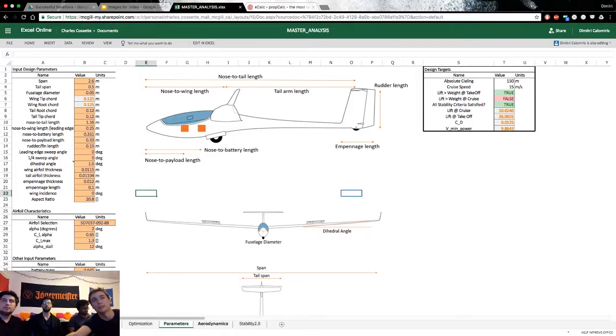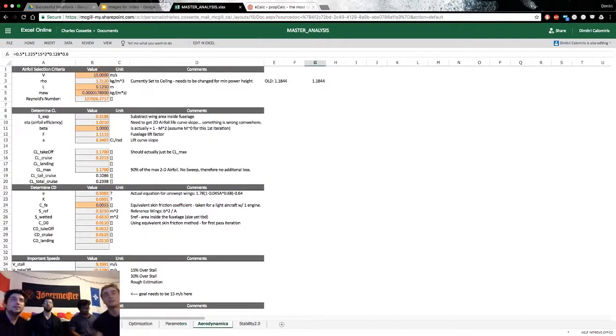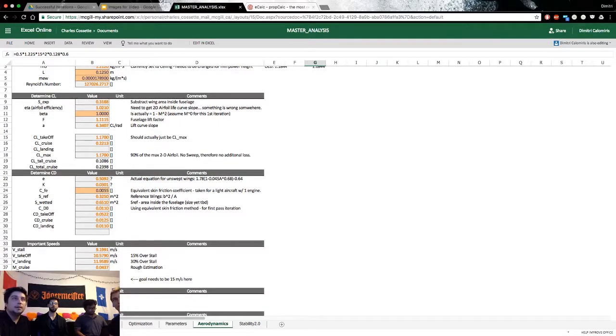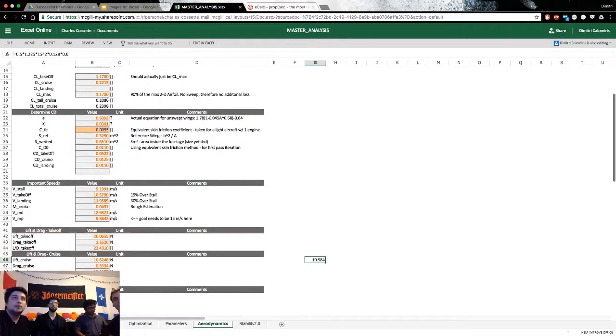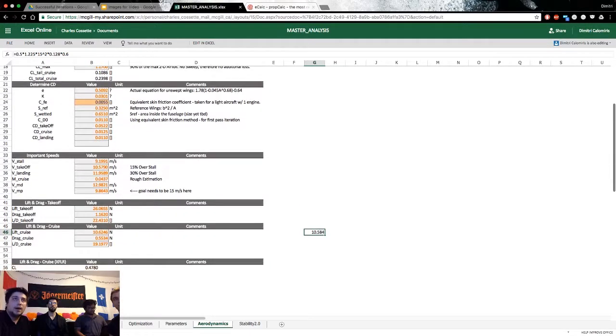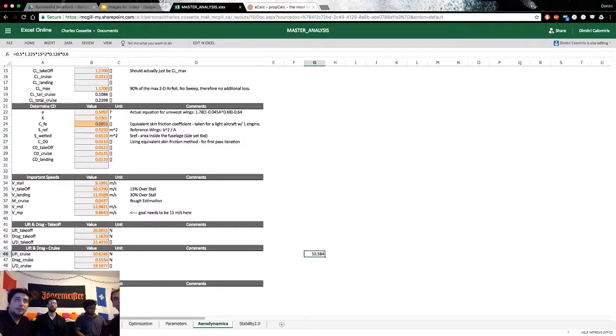Since everything is linked together in the spreadsheet, this sheet took care of the aerodynamics, for example. It took all the theory from literature, Raymer, class, etc., and spit out CL values and CD values for takeoff and landing, which we found to be the most critical points of flight. Then, depending on the speed we're going at, whether cruise or takeoff, we would get our lift or drag and our aerodynamic performance of the aircraft, which we would later use to make sure we were